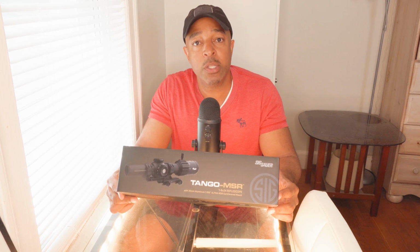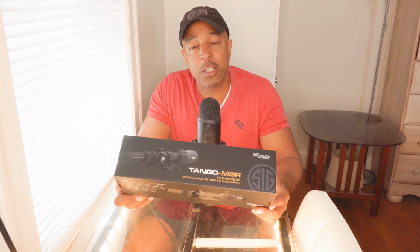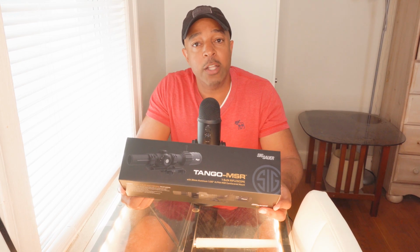However, if you want a true 1x in your scope, people online who know a lot more than me about scopes are generally saying that the 1:8 Tango MSR is your best bang for the buck out of the top three SIG Sauer scopes, the 1:6, 1:8, and 1:10. Why? Because it has true 1x, but the 8x is also extremely useful, unlike the 1:10, where it does have true 1x. However, the 10x, and from what I'm hearing, the 9x also are not extremely useful,